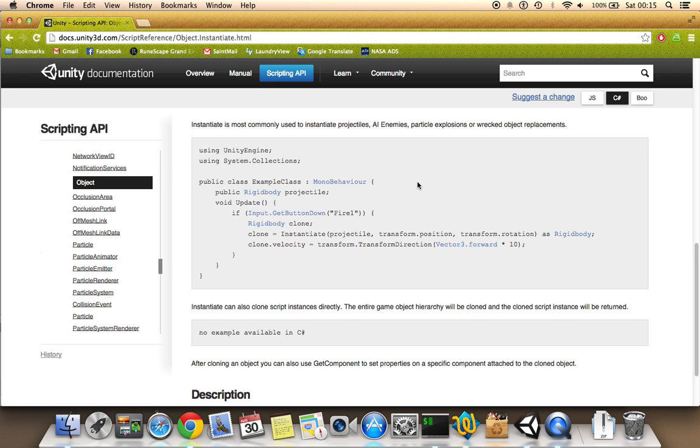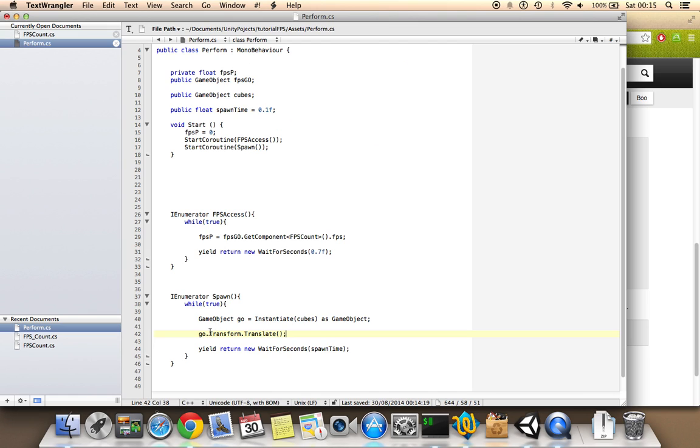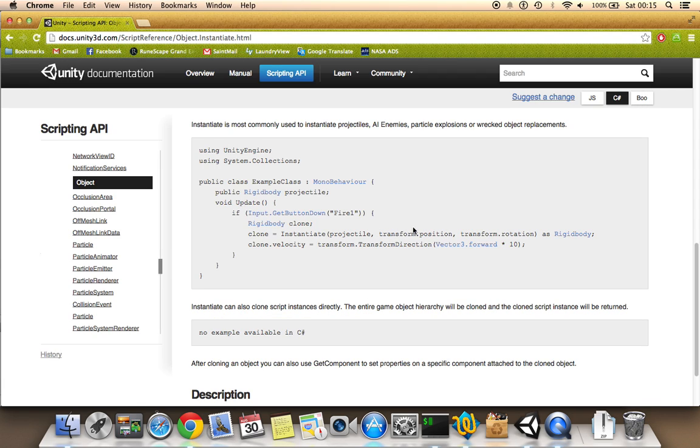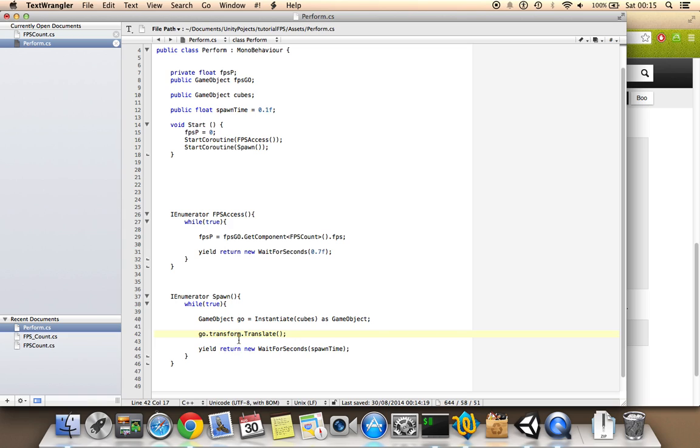Let me check transform. Actually, I could do a very simple thing. I could put just transform position and take a random position. Yes, so let's make some